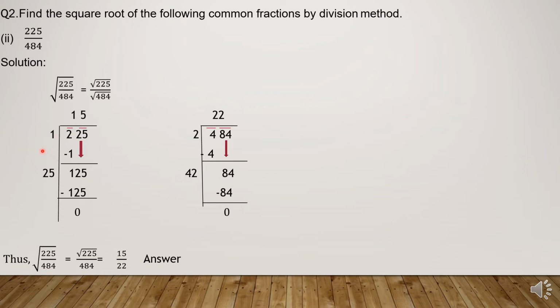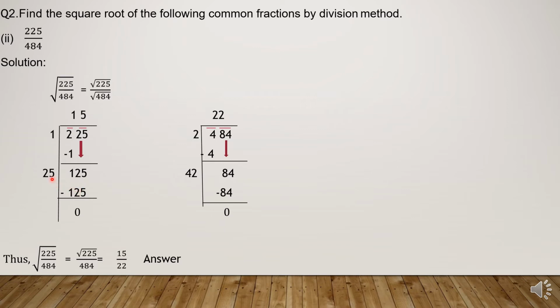I didn't write here 1 plus 1, as we already have done a lot of practice by writing here in question number 1. That is 1 plus 1. So here I simply write 1 plus 1, that is 2. This is the divisor 2. Now with 2, we will guess a number, so that we multiply this new divisor with that number, with the same number, and we get a number that is smaller than or equal to our dividend, that is 125.